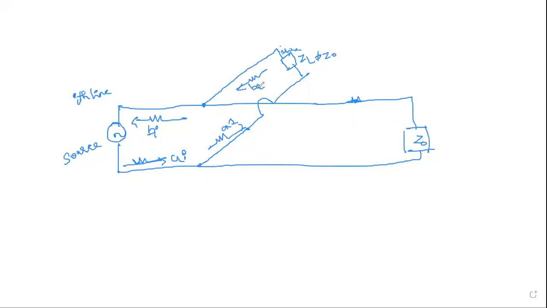This is one line. Now suppose I need one more line to consider. I'll consider it here, down below. So this will be the input for port 2, which I have to take. And this will be one more line, which is again terminated with either Z0 or something not equal to Z0. So if I take this as the second line, this will be your third line.